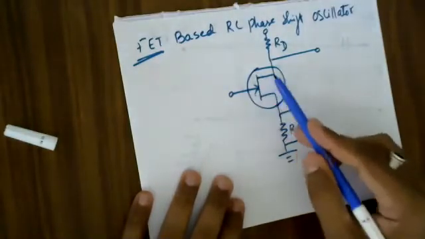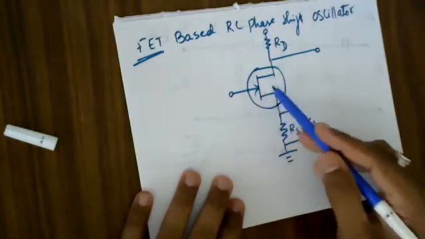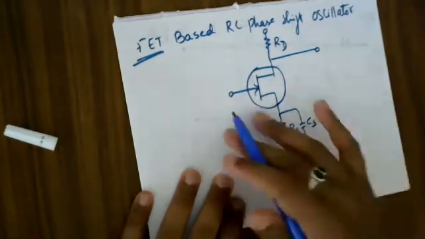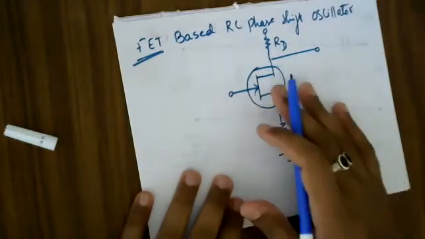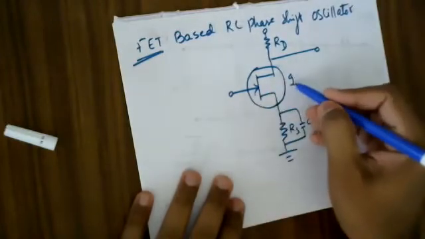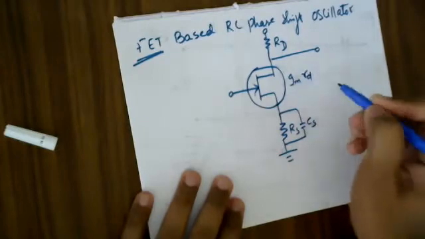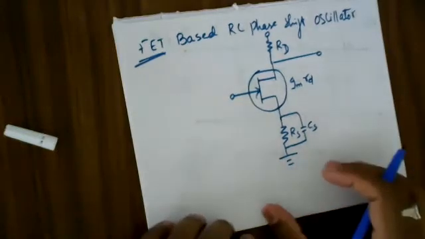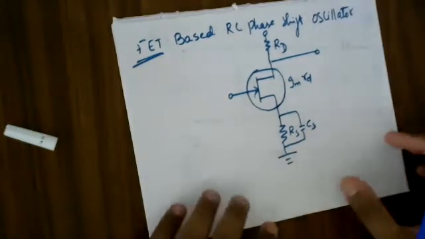Here I'm having an FET, which is going to work like an amplifier in my circuit. I know that the gain will be GM times RD. We have discussed this to a very deep extent in our previous lectures. Now I'm just interested in my feedback network to be accompanied with this amplifier.